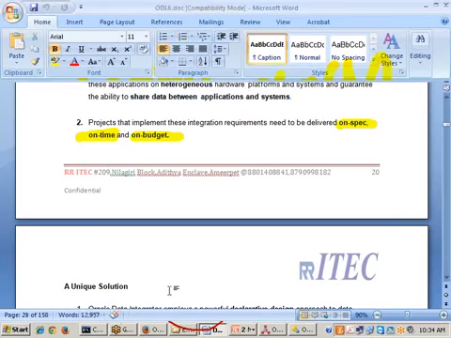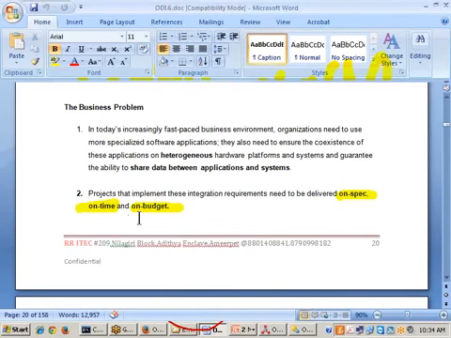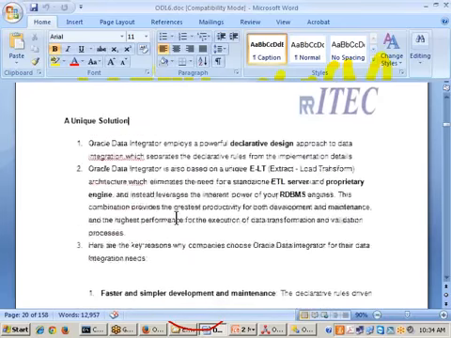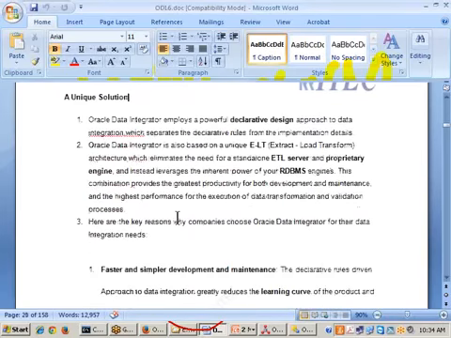Now, what is a unique solution to achieve this on spec, on time, on budget? We should have some solutions or not? What are the solutions it is offering? It is offering the solutions. One solution is